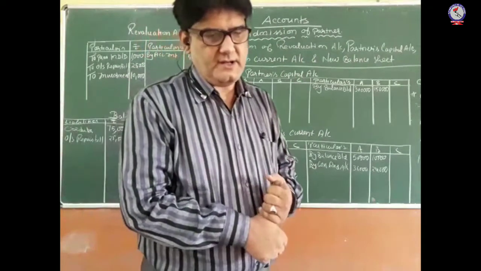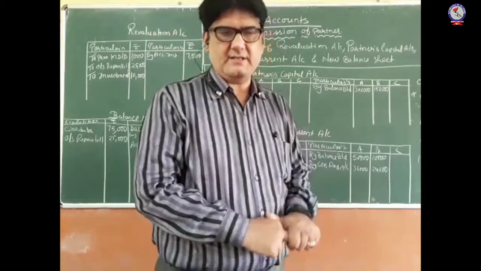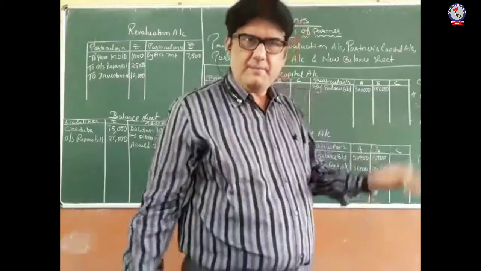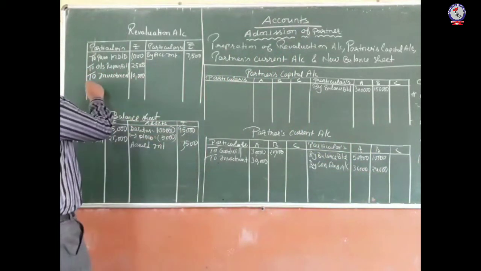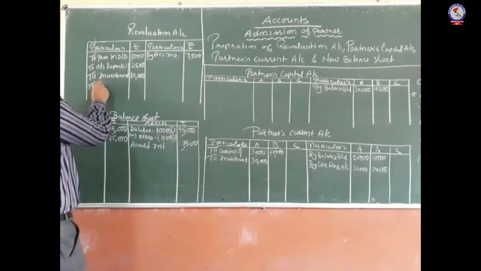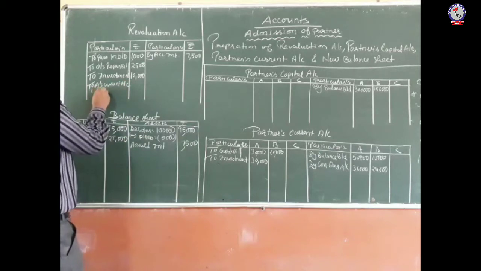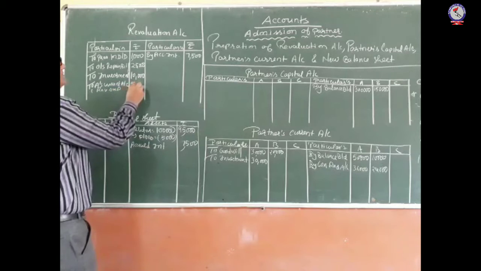Expenses on revaluation rupees 5,000 are paid by A. The expenses of revaluation are rupees 5,000 which are being paid by A. तो हमें ये अमाउंट A को देना है, तो टू A's current account, that is revaluation expenses 5,000 rupees.